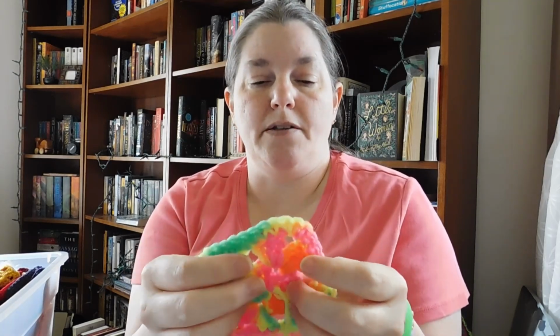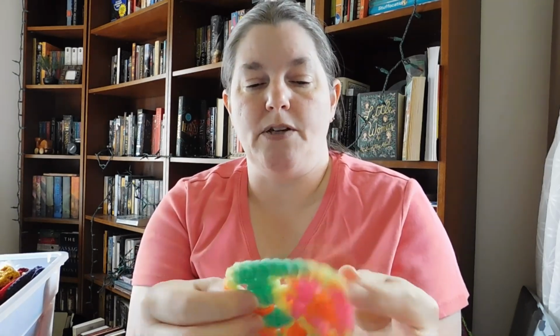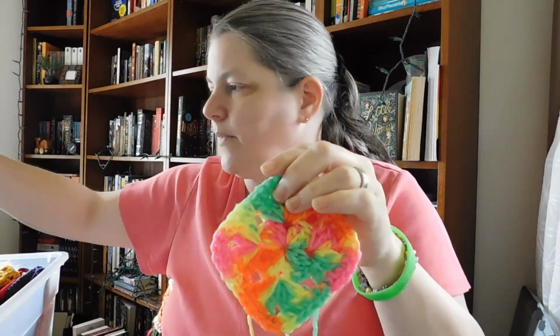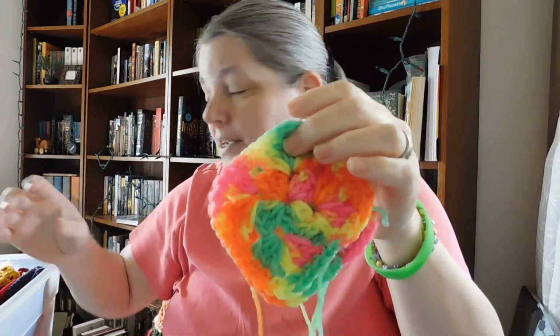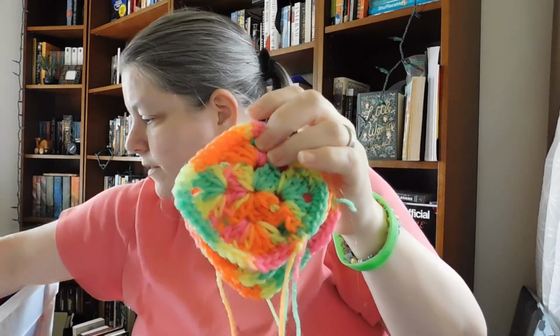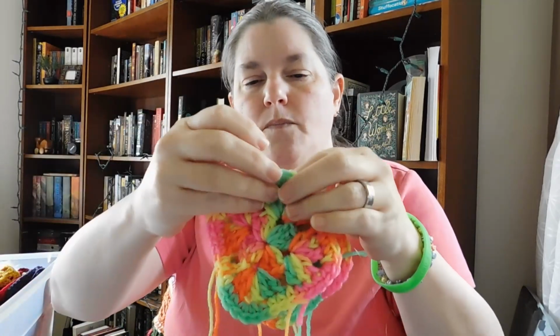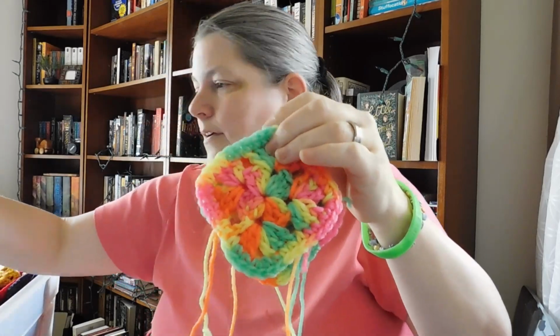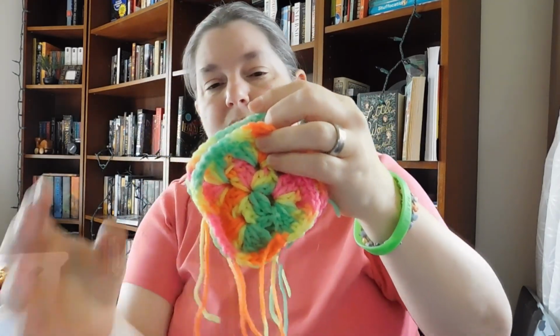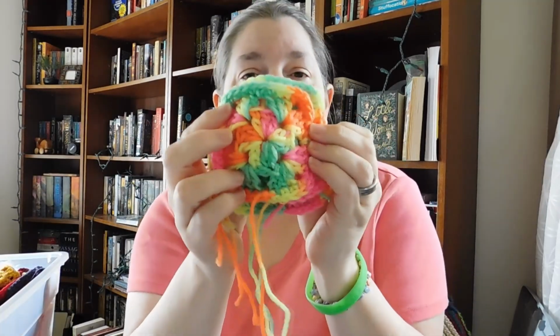It is 2 rounds of a granny with 1 round of single crochet. And I've got 1, 2, and you'll forgive me, I'm pulling off cat fur as I go. 3, 4, 5, and 6. 6 of them in whatever color this is called, because off the top of my head, I cannot